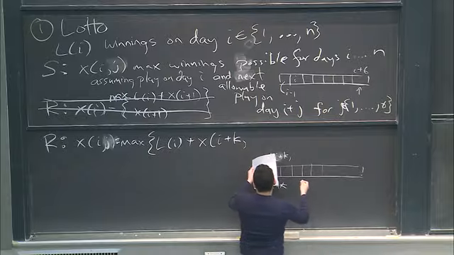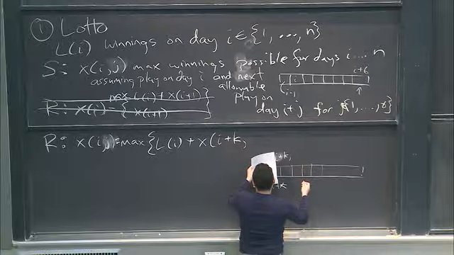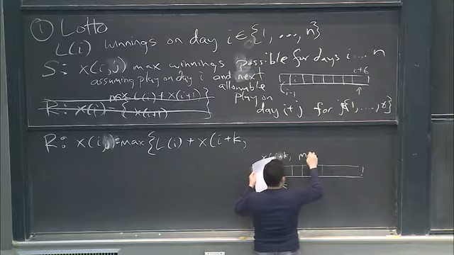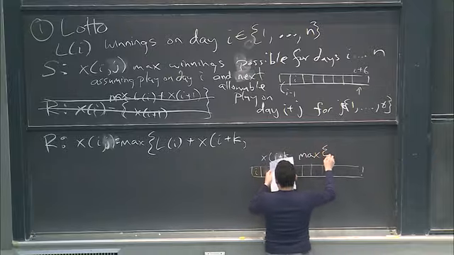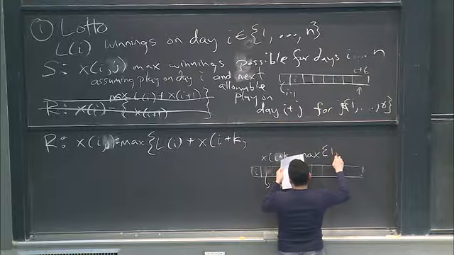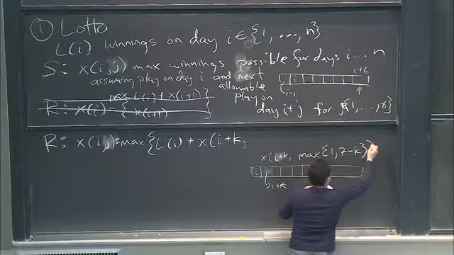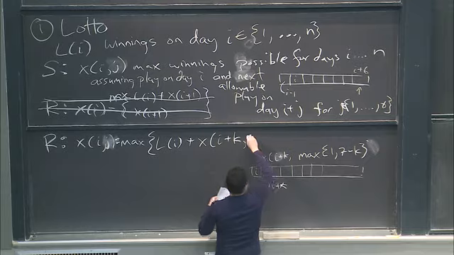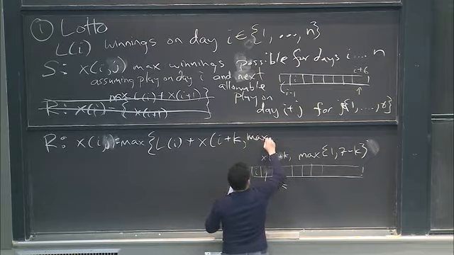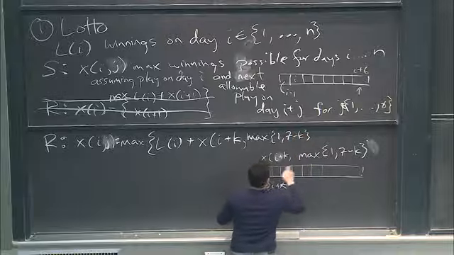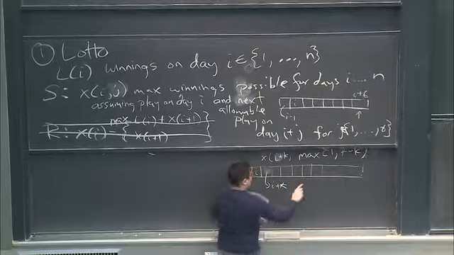So let's see. Let's see if I can unpack what I wrote down here. Max of 1, 7 minus k. I'll put it here. 1, 7 minus k. Okay, if I pick k,